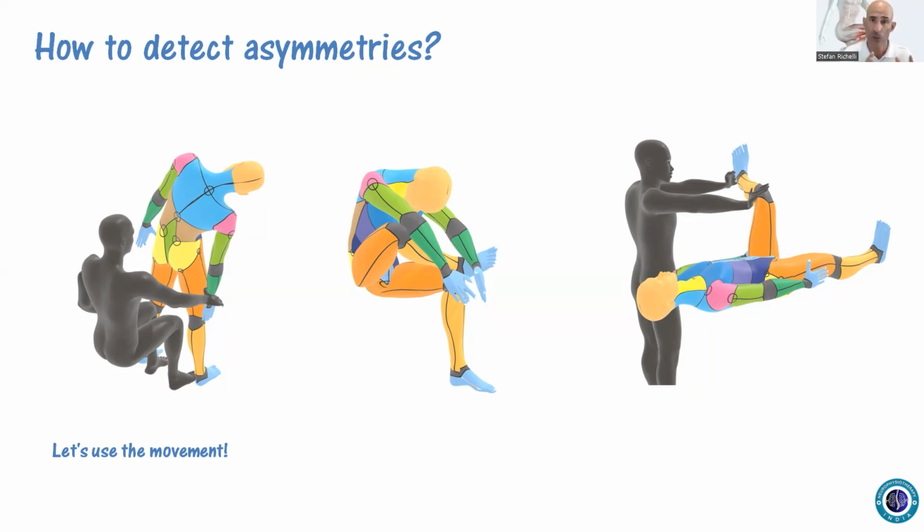And this is why we are using the movement of our patient in standing, sitting and lying positions, because gravity changes from standing to sitting to lying. So we try to make different movements in different positions, and with time, as I will explain right now, we find out where the asymmetries are, because with different movements we will have the same tension in the same place. And the more often we have the same tension in the same place with different movements, this means that this area is more affected than other ones,